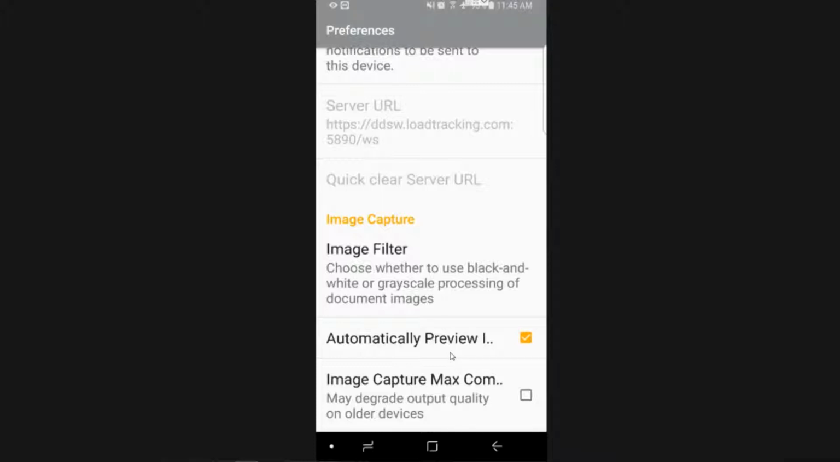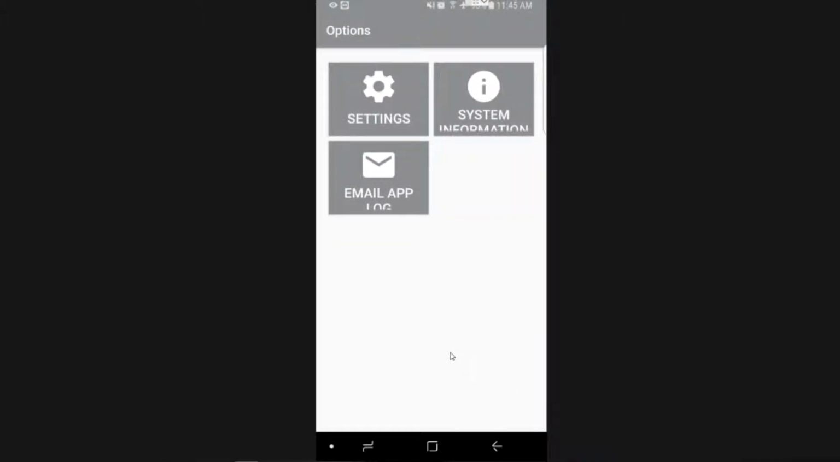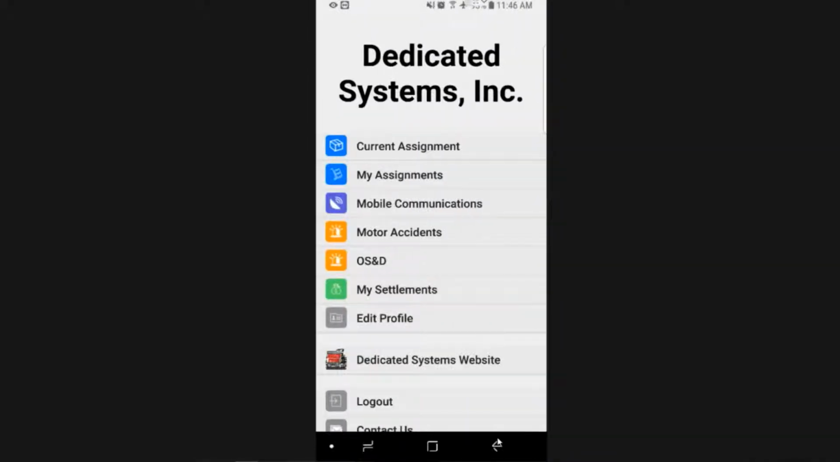Don't change any other settings. Hit the back button right here. That'll get you back to settings, and then hit the back button again to go to the main screen. Okay, now that we are in the main screen, the first thing that I would like to do is go